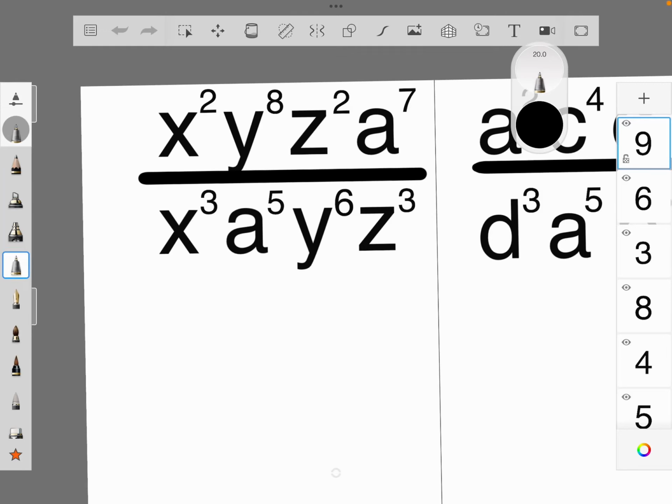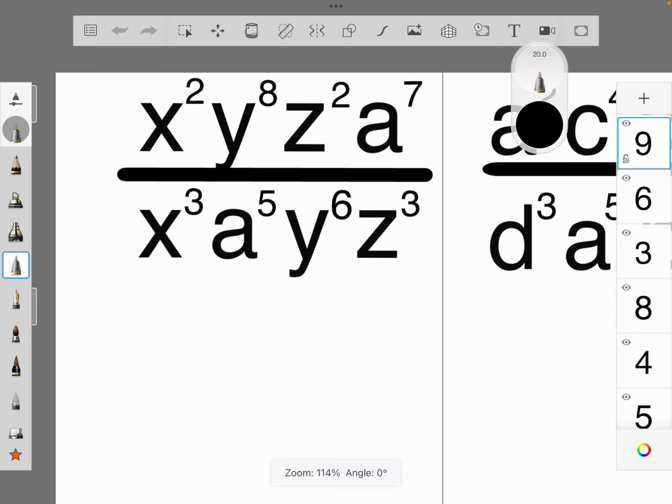Today we're going to be simplifying exponential equations. This is part 2 of learning how to simplify exponential equations. So let's get to it. This time we're going to be